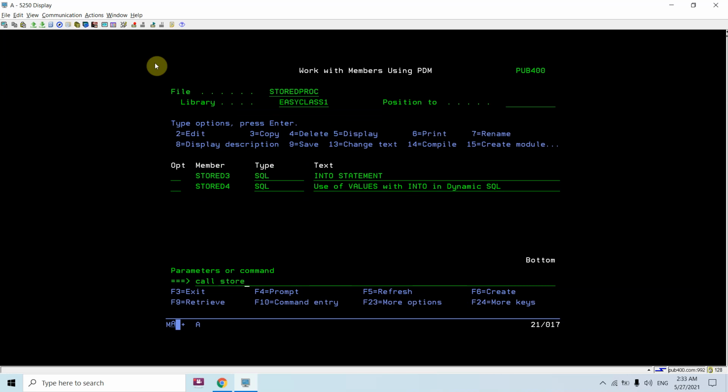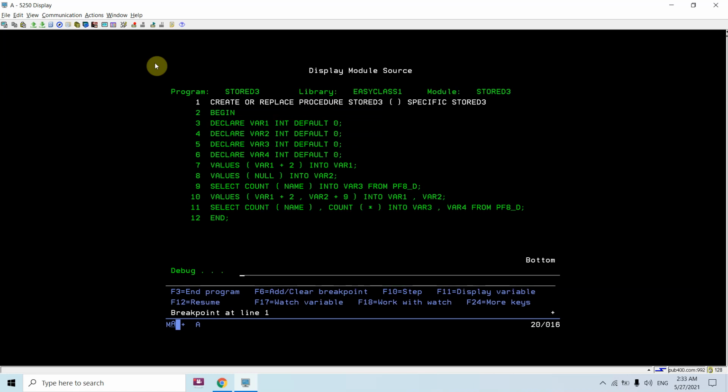It's a stored procedure, not a program. It's a program, but basically a stored procedure program. Here you can see I'm calling this and I'm in debug mode. I can call it from here, or from STRSQL as well. I'll show you the same demo both ways. Initially you can see these are set to 0.